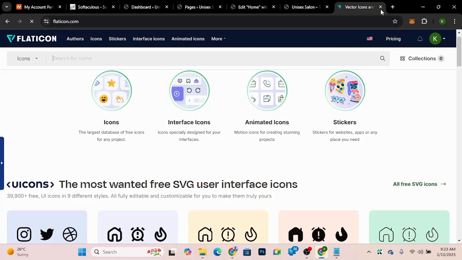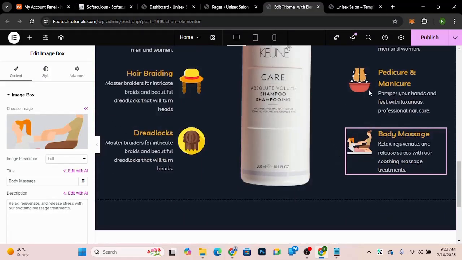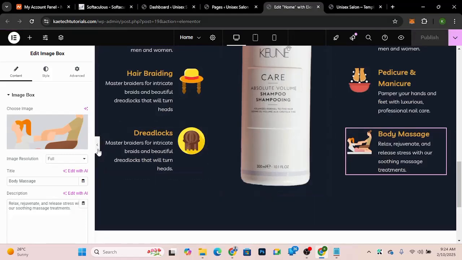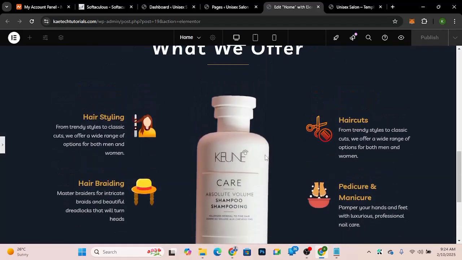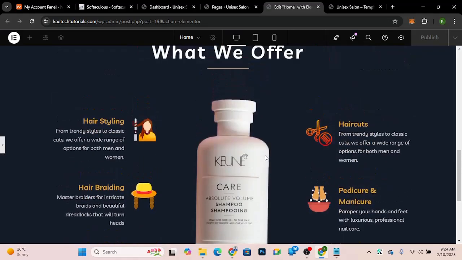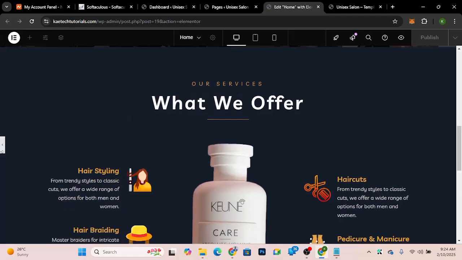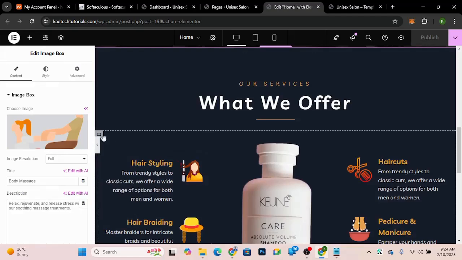All right, so let's look at what we now have, and then we can go ahead. And so this is what we have now. Let's publish it. This is exactly what we have. It's looking great, it's looking wonderful. Let's see how it looks on the full screen. So this is exactly what we are having, and we can go ahead, and what I want to do is I just want to